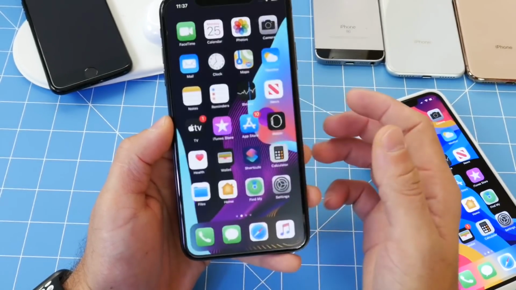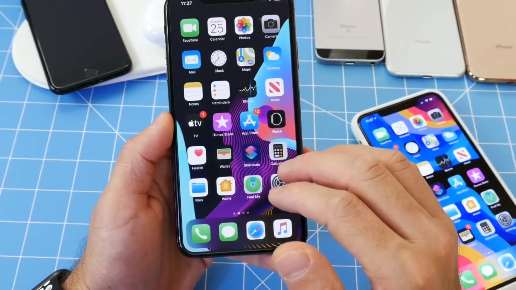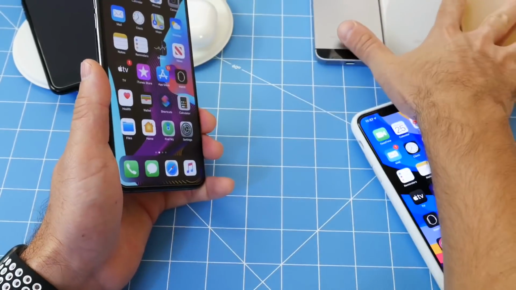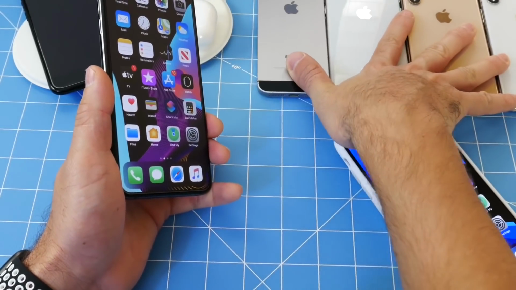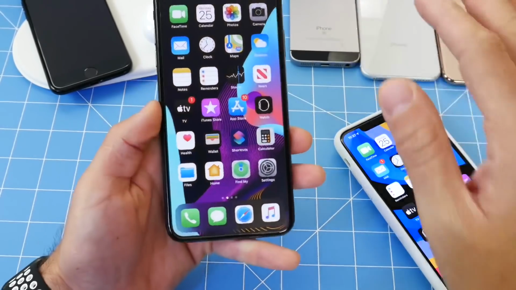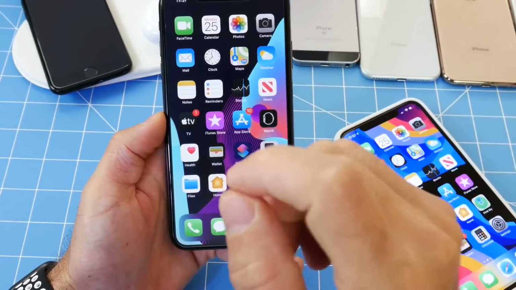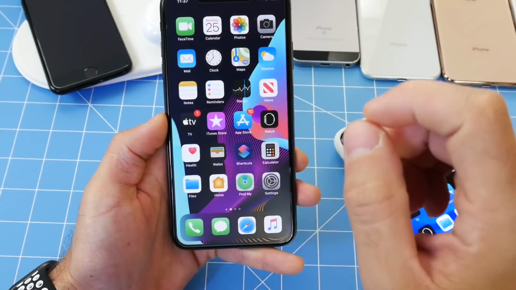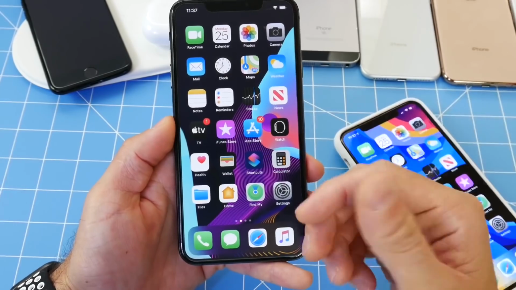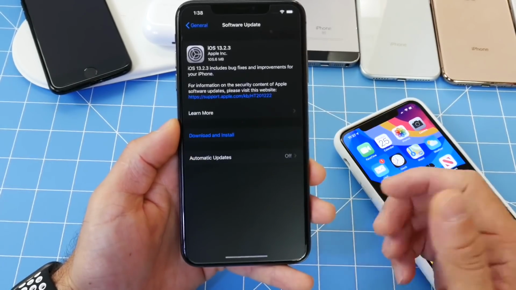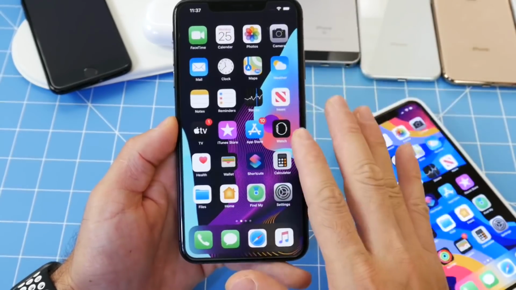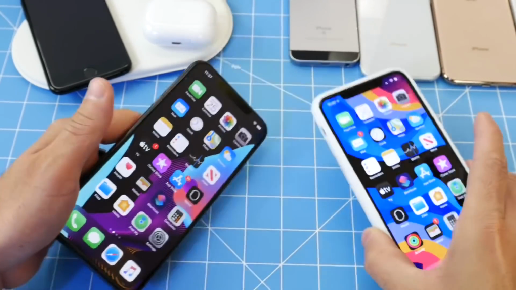Now, in terms of battery, I can't really complain about battery. I use this device around the house, not my daily driver, but I have been testing the battery. I have several devices here, by the way, which I'm going to be doing battery tests on: the iPhone 7, the iPhone SE, just all the models. I'm going to be doing a thorough battery test, but I think I'm going to be waiting for iOS 13.3 to be released to provide that information for you guys. Let me know if you would like to see a battery comparison now for iOS 13.2.3, or would you rather wait for 13.3? Now, as I mentioned, performance and everything else is there, so let's head on over to the